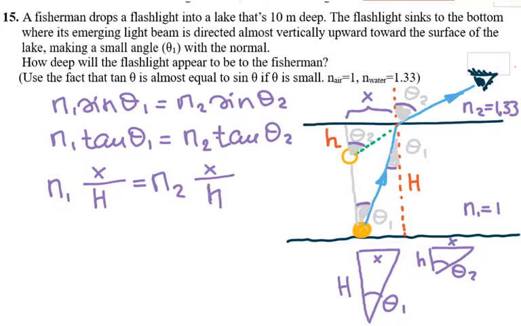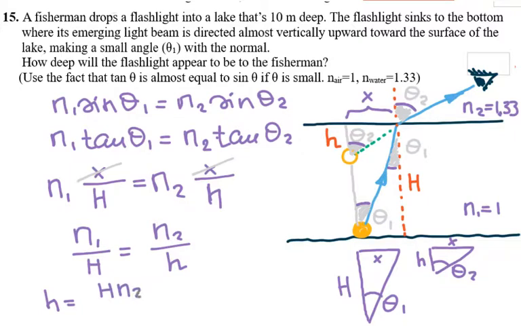Then x and x can be cancelled. And what I have now is n1 over H is equal to n2 over h. We're looking for where the image is appearing, so h is equal to H times n2 divided by n1. The depth of the lake is 10 meters, and n2 is